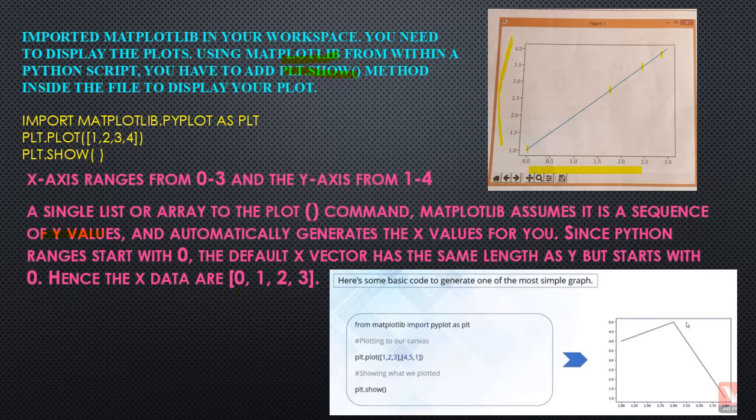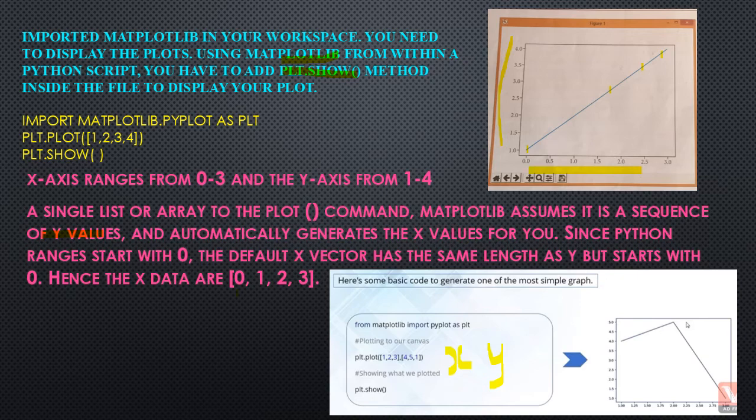See, from matplotlib import pyplot as plt. I have given the values 1, 2, 3 and 4, 5, 1. The first list is the x-axis and the second is the y-axis. So plt.show joins the coordinates of the x-axis and y-axis.